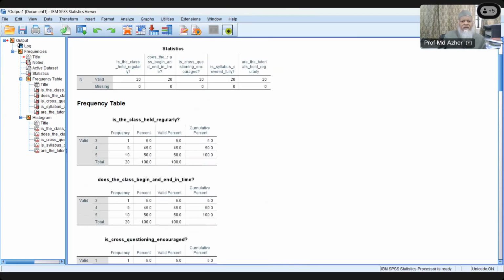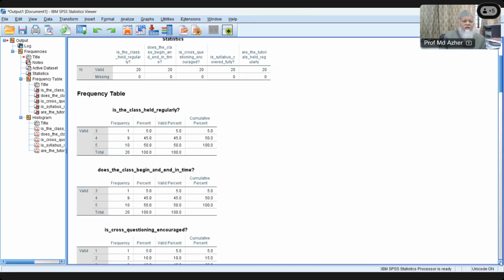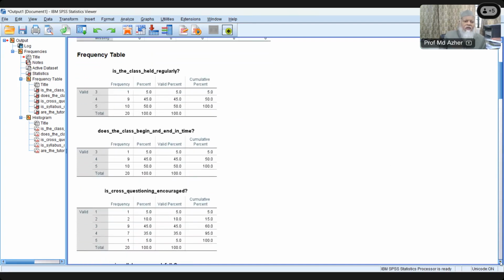There is no missing data, and of course all the 20 students have responded for these 5 variables or parameters. Then we come to the frequency table, and this gives the table about, is the class held regularly,